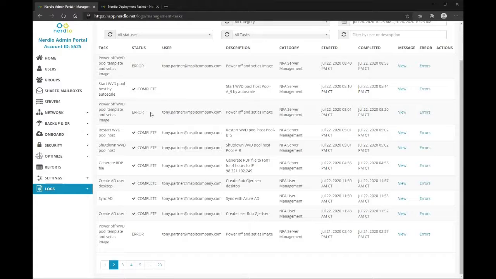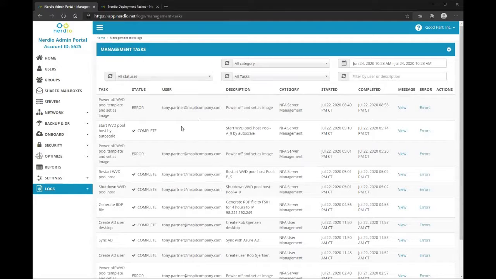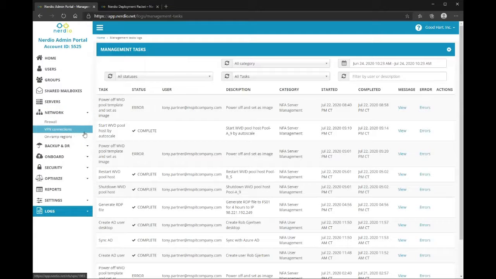The other reason I like it is in cases of these errors right here, right? So there's generally two types of errors. The first type is kind of a general error, right? And most errors we try to make as plain English as possible. So maybe you're setting up a new environment and you're trying to set up a VPN connection, for instance, right? So we're back at the early stages of this environment configuration. You're in the VPN connections and you're trying to set a VPN connection between the on-prem environment and Azure. Oftentimes what we find is partners get confused with the IP settings and they'll come here to the logs,